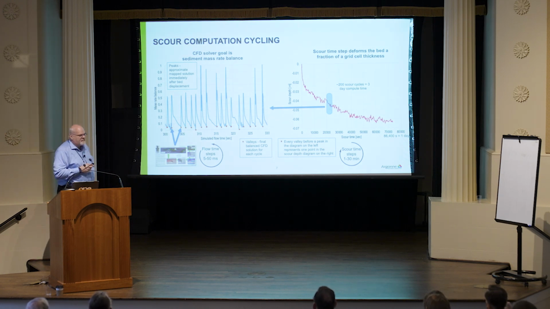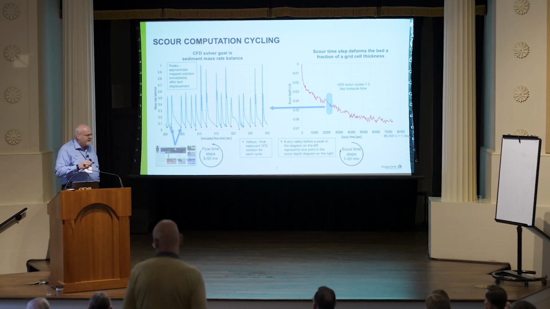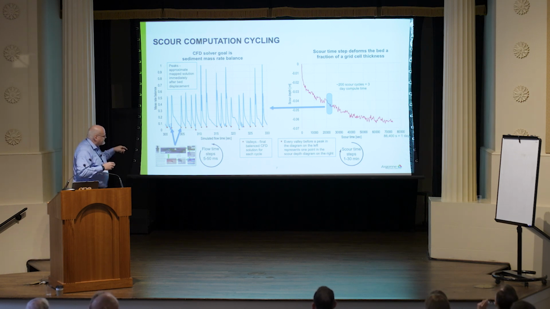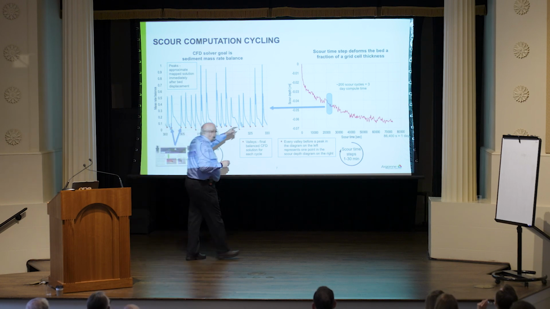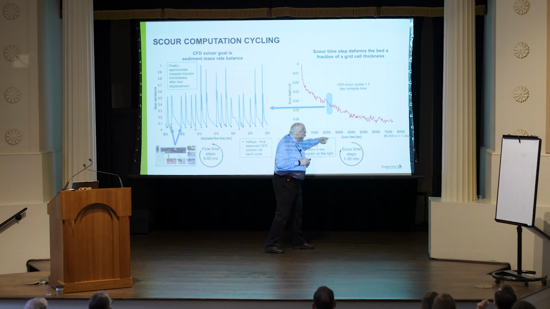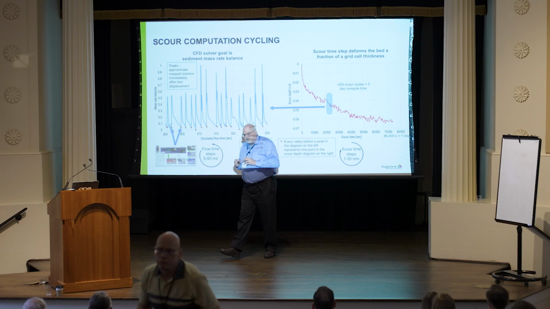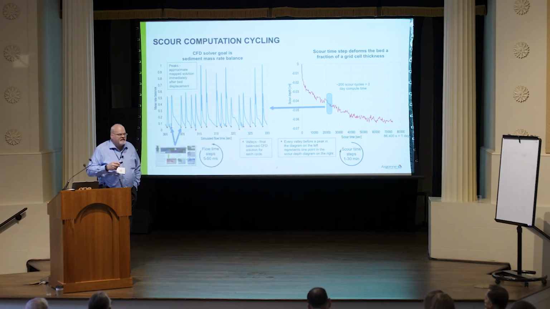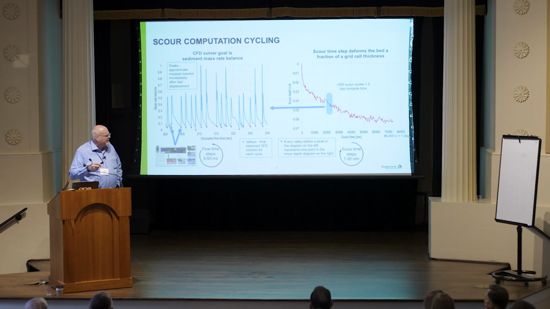And the blue line is a mass balance that we calculate in the CFD solver. And when our mass balances drop down, eventually to 1% or something like that, then we know that we have a consistent numerical solution, and we can use the shear stresses to calculate the erosion rates. And then on this graph here, you see the scour depth increasing, right? So you have the scour depth on the y-axis and the time here. Now the CFD runs for, let's say, 5 to 10 seconds of simulation time, right? That is on a computer maybe a half hour, an hour, something like that.